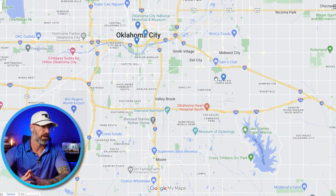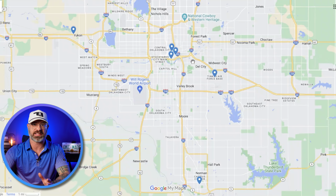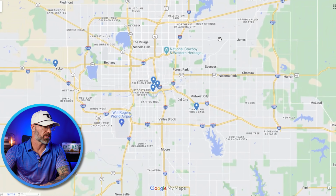So anybody who has any family that's in the Air Force, you may have heard of Tinker. It's a pretty big Air Force base here in the Oklahoma City area. So yeah, that's where that's kind of located over here, sort of on the southeast side of the Oklahoma City area. And then out here to the eastern side of the metro, you're going to find several of those kind